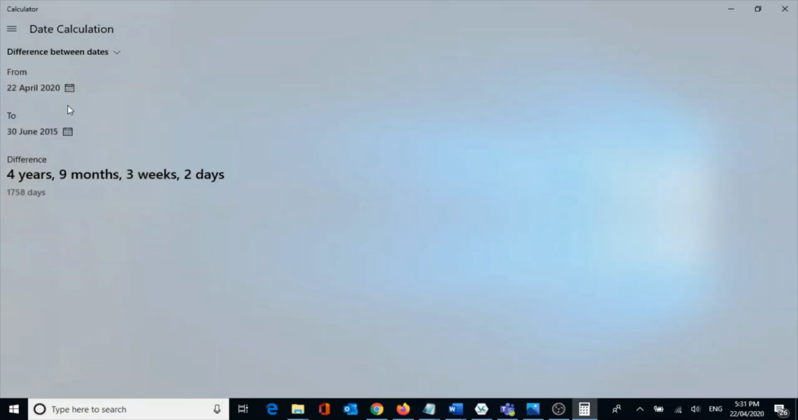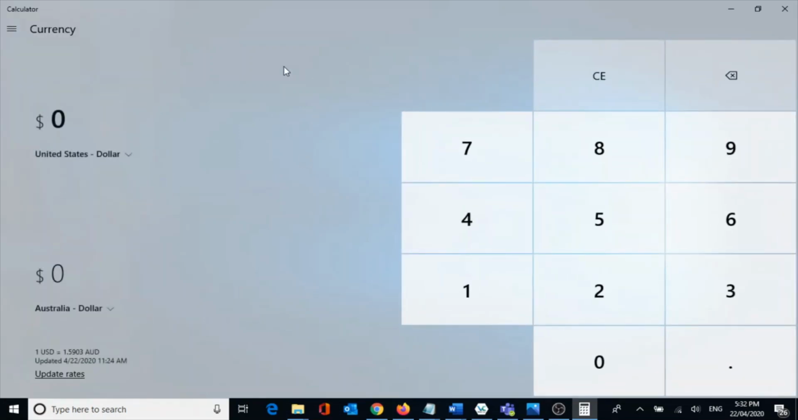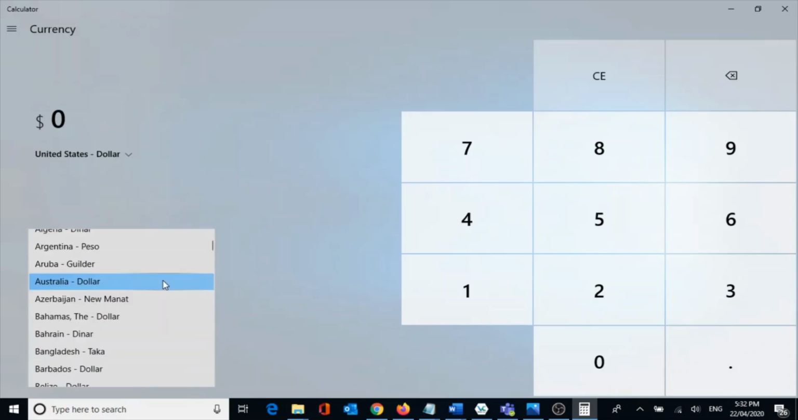For example, starting from 2015 June 30th, and during this date range, there are 4 years, 9 months, 3 weeks, and 2 days, and altogether 1758 days. And then also you can add or subtract days from a specific date. It's again a very cool feature built into this calculator. And if you go here, it has a currency converter also, right? So now if you want to calculate US dollars to Australian dollars, or let me select something else,